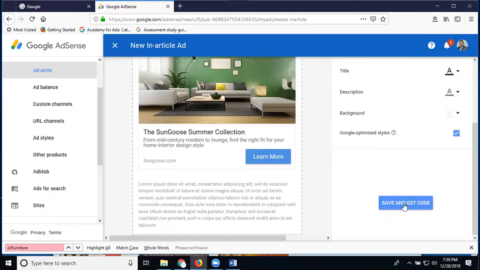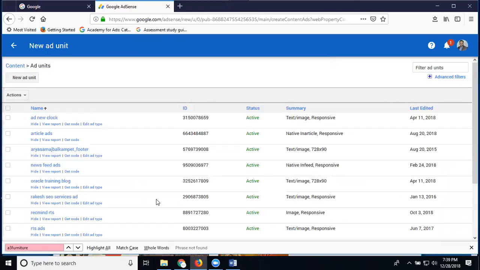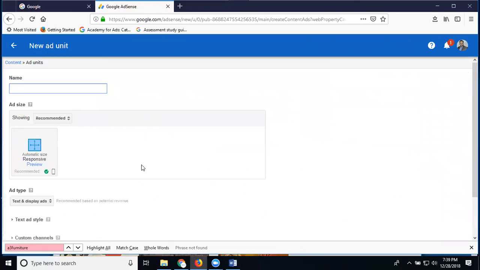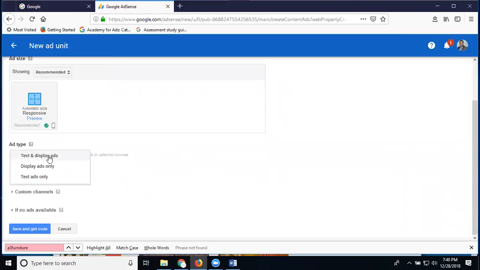Is it clear? In-feed, you have to suggest your website and they create your ad. Last one, text with image. Here you can see the recommended options: responsive, horizontal banner, vertical banner, rectangle banner, customized size, link ads. You can choose display ads only, text ads only, or display and text ads.